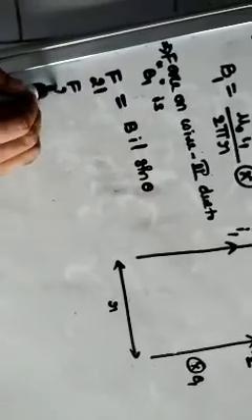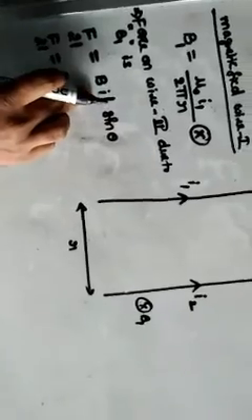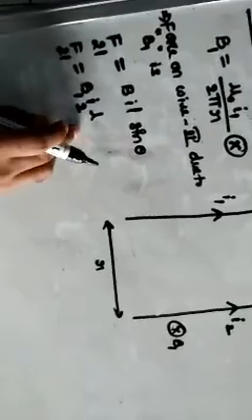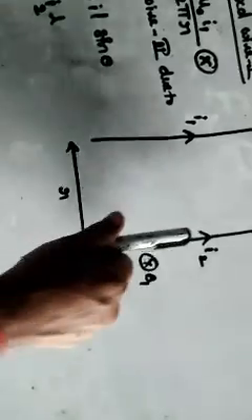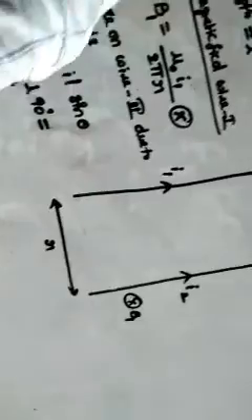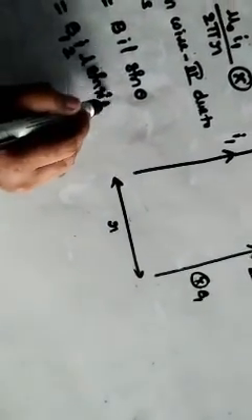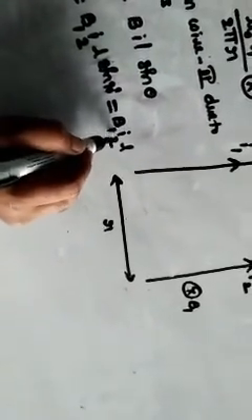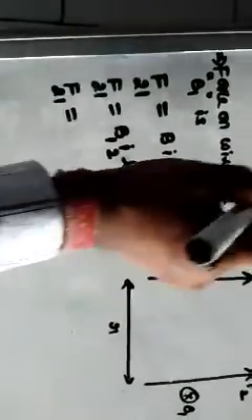Just listen carefully. F21 is equal to B, given by the first wire B1, current in the second wire I2, length L. The magnetic field is into the plane of paper and the wire is kept like this, so theta is 90 degrees. Sin 90 is 1. So F21 is B1 I2 L. Now you can substitute the value of B1.